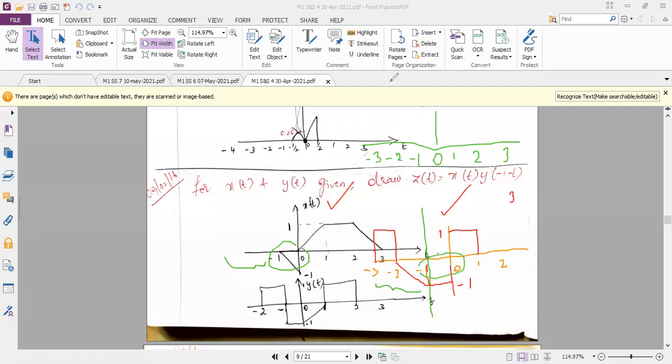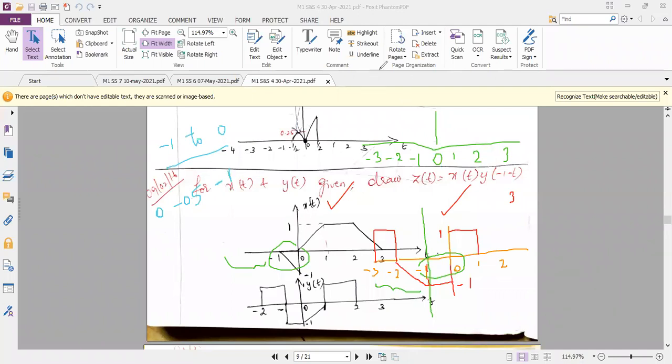So I have told in the earlier class itself how to solve this type of things. So -1 to 0, I am considering the interval -1 to 0. So I will see in the very first diagram at -1, what is the amplitude? Can anybody tell me? What is the amplitude in the first diagram? 0. And see, this diagram is growing. So in the middle range, what is the amplitude? It will be -0.5, and the maximum value is -1.